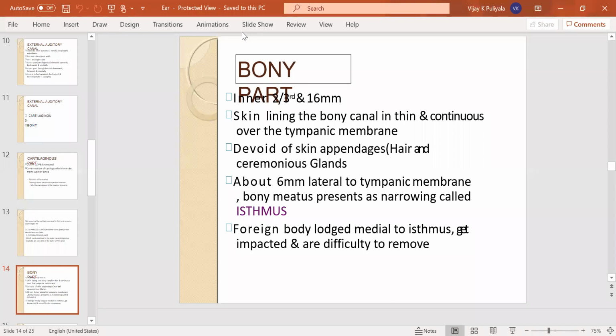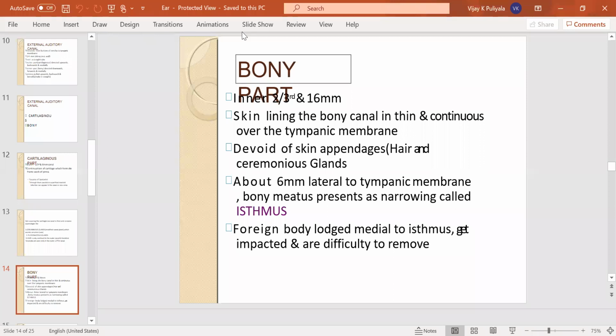The bony part above is separated by the middle cranial fossa and the epitympanic recess of the tympanic cavity. Posterior superior to this bony part, you will have the mastoid antrum, separated by the mastoid air cells. So that is the relations of the external acoustic meatus. In front is the head of the mandible separated by the parotid gland. Above is the middle cranial fossa. Just posterior superior, we'll have the mastoid antrum.